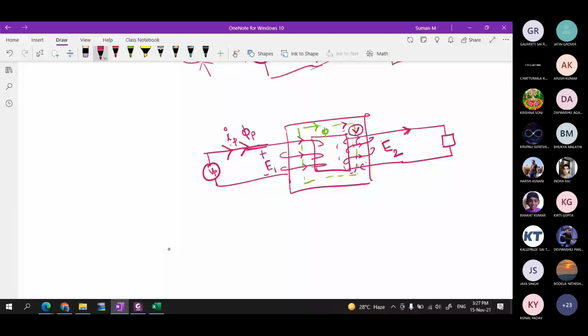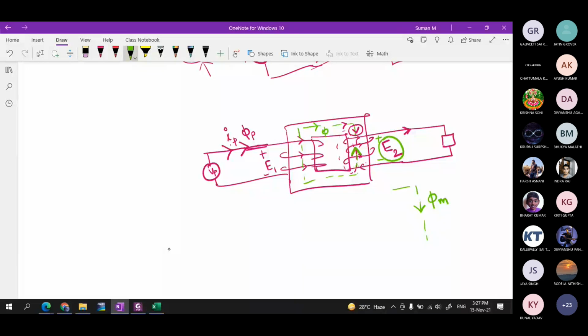Okay, this flux will be establishing some flux which is in the opposite direction, that is in this way. Actually the flux is created by this current. Let's say for now you consider it as 5 m. Now because of the established voltage on the secondary side, that EMF will be induced in such a way that it will oppose its own cause. Here its cause is this flux. Because of this flux, this EMF is induced.